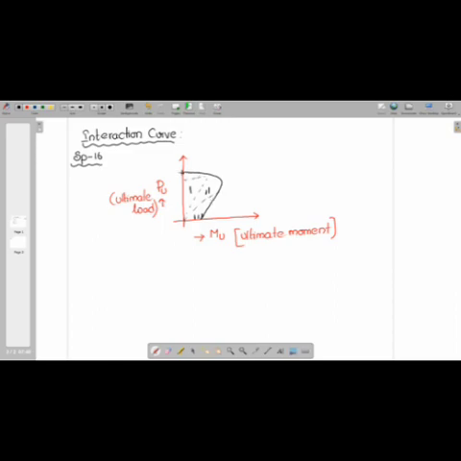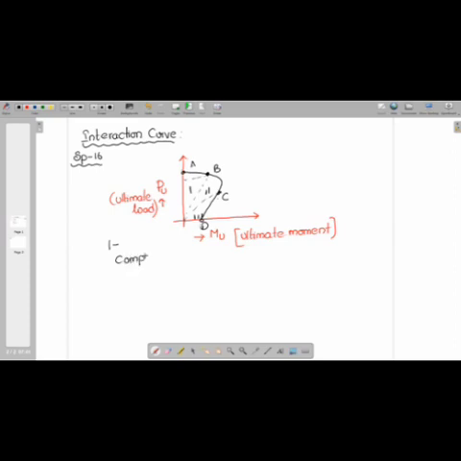Suppose if I take this as A, this as B, they can ask you like this also: what comes under the zone between A and B, between B and C, and between C and D. This is the famous question they have asked. Here I have written 1. 1 is the compression failure.